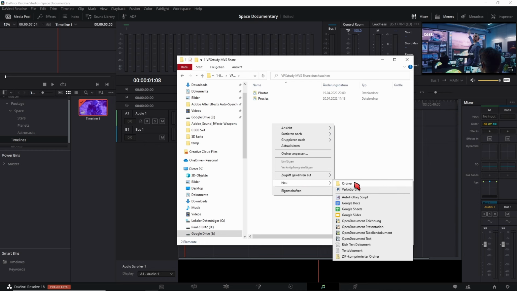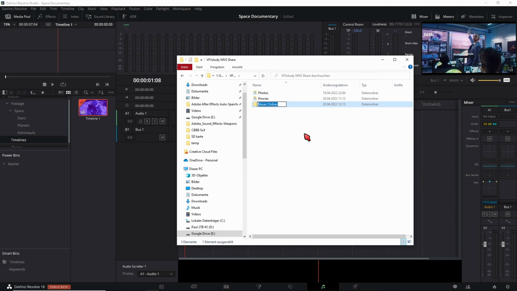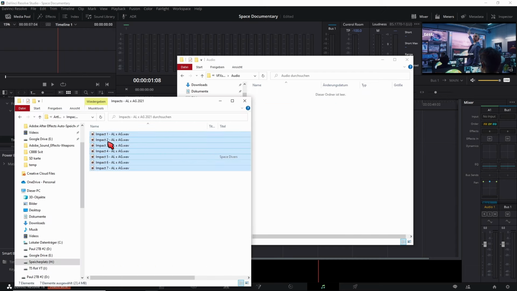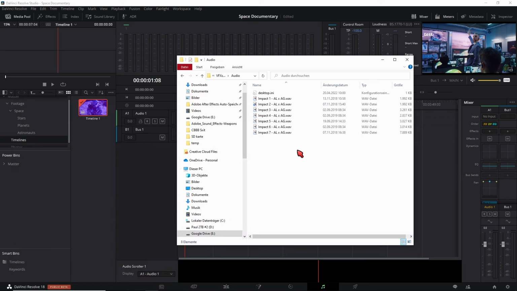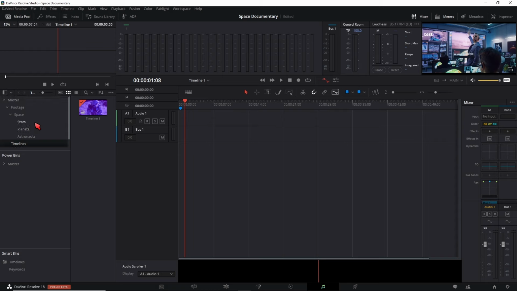So I will drag in some sound effects into the same folder that we shared on G Drive. I will just create a new folder, call it audio, and then I'll just drag and drop something into it. Also drag in from the same location into a folder. I'll just create a new one in the footage